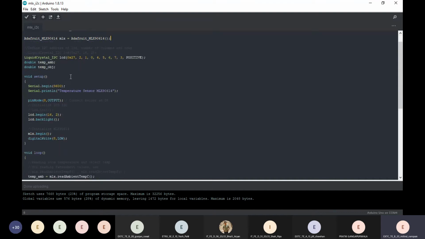Can anyone tell me why I'm using this double? What does double mean in C language? Anyone know? I'm storing the ambient temperature and object temperature as double. Why am I doing that?